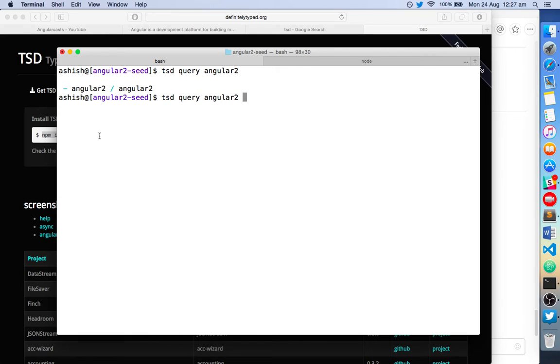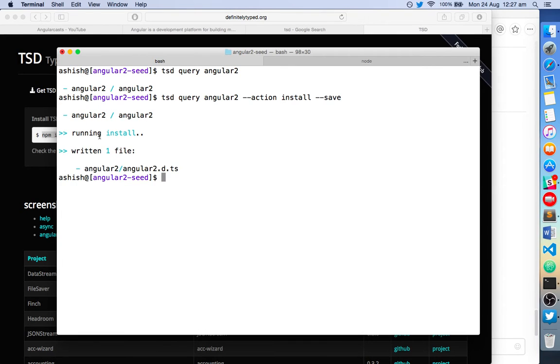I'll query Angular 2, and then I'll specify an action which will say that I want to install this and also save it in my local tsd.json. So let's check it out. It's installing Angular 2, and it says that it has written one file which is